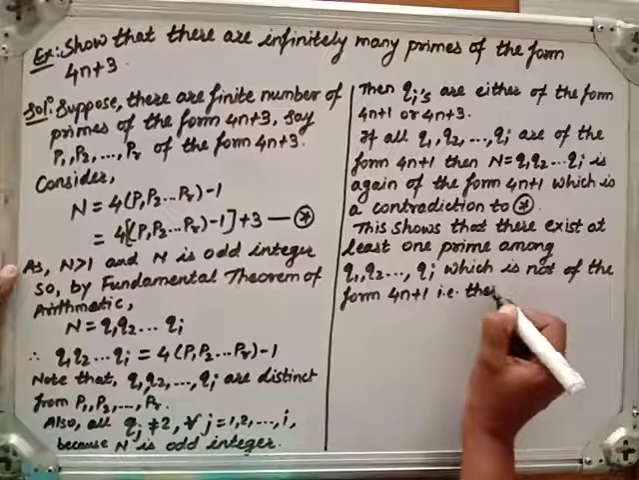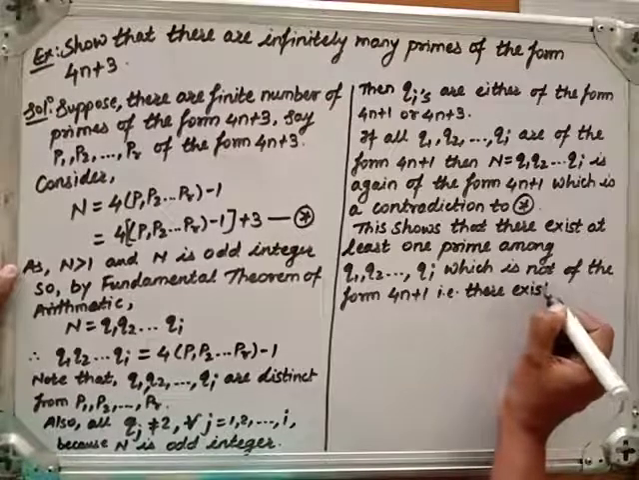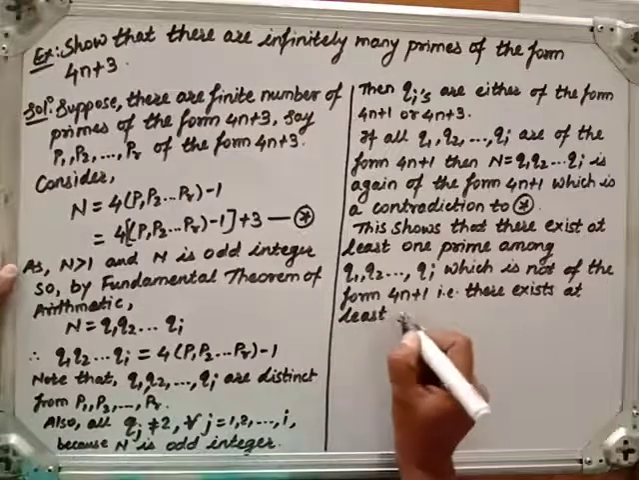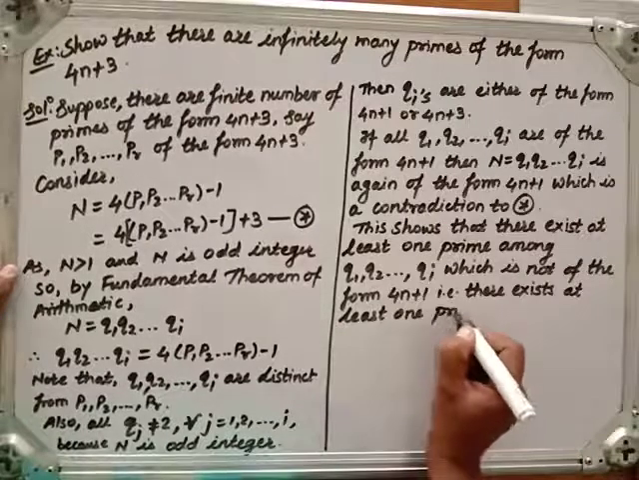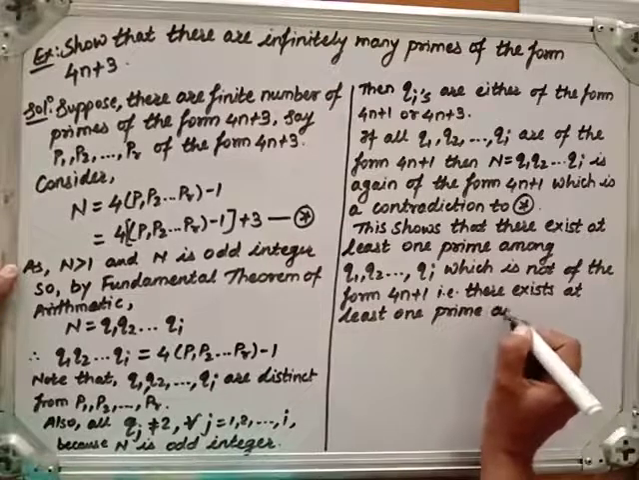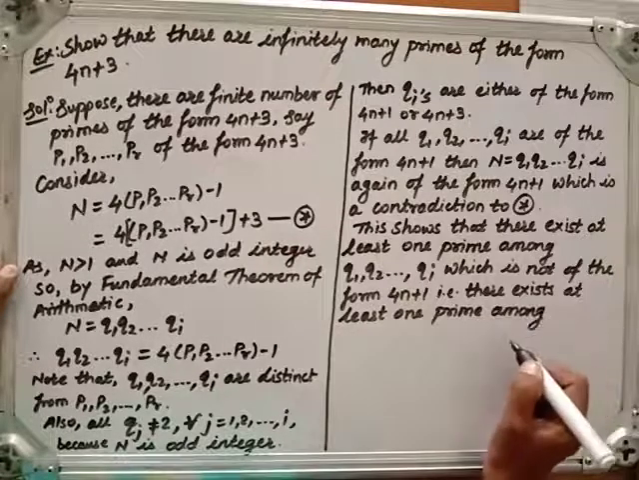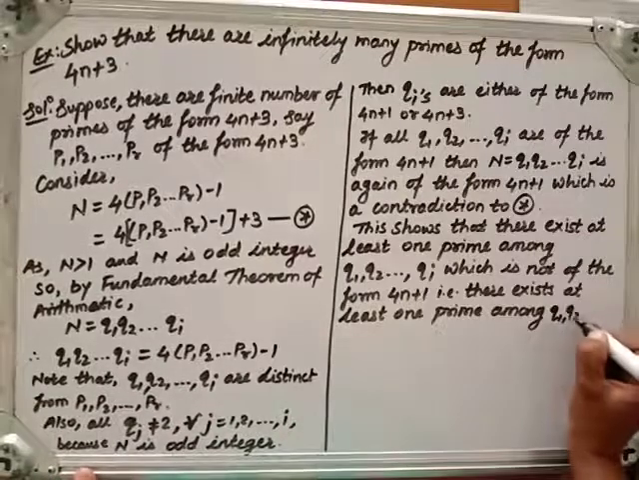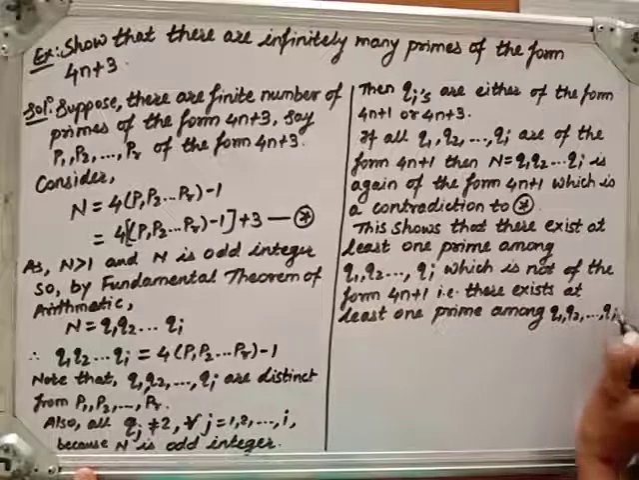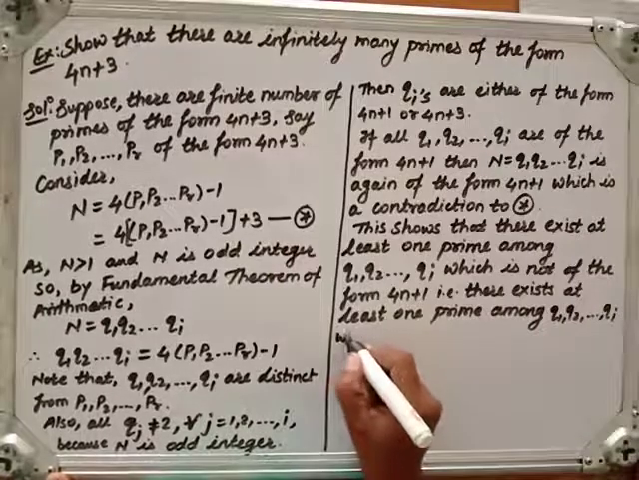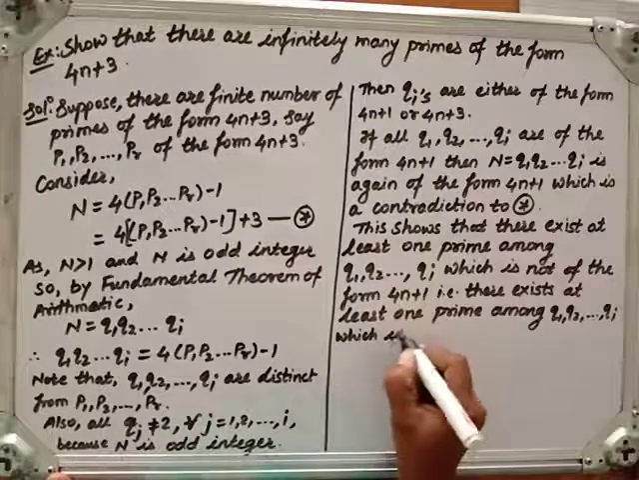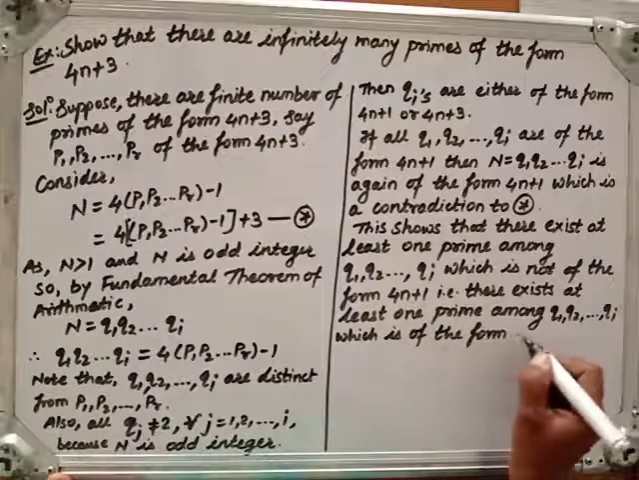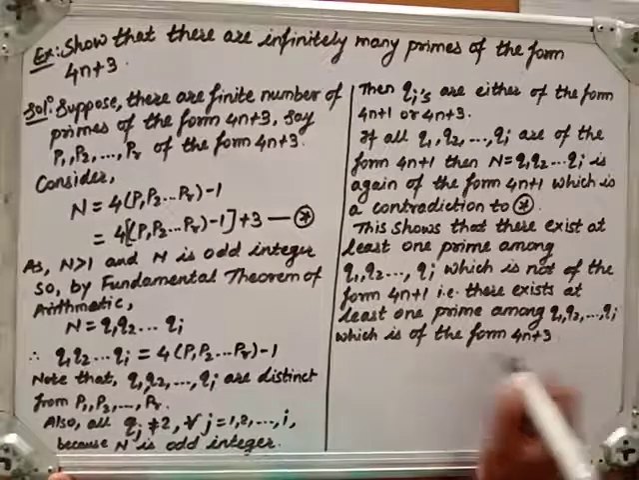That is, there exists at least one prime among q1, q2 and so on up to qi, which is of the form 4n plus 3. Thus,